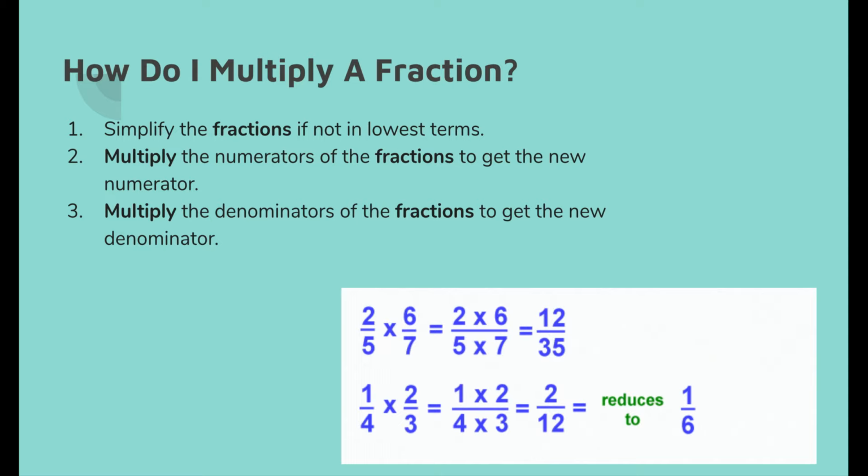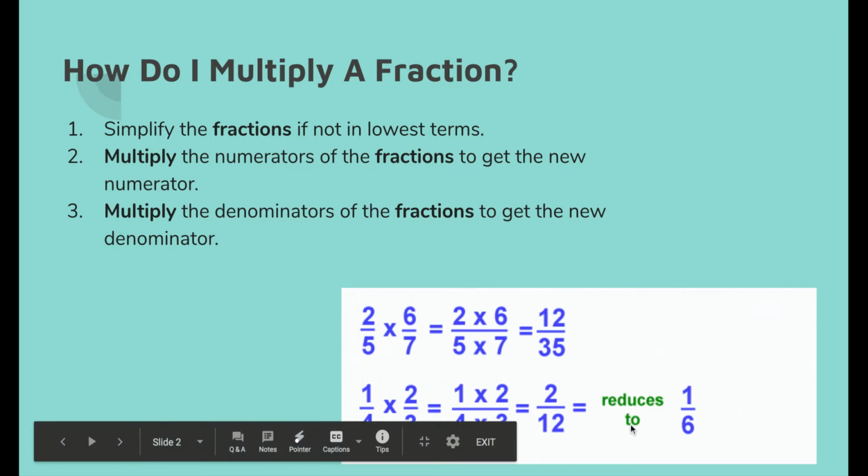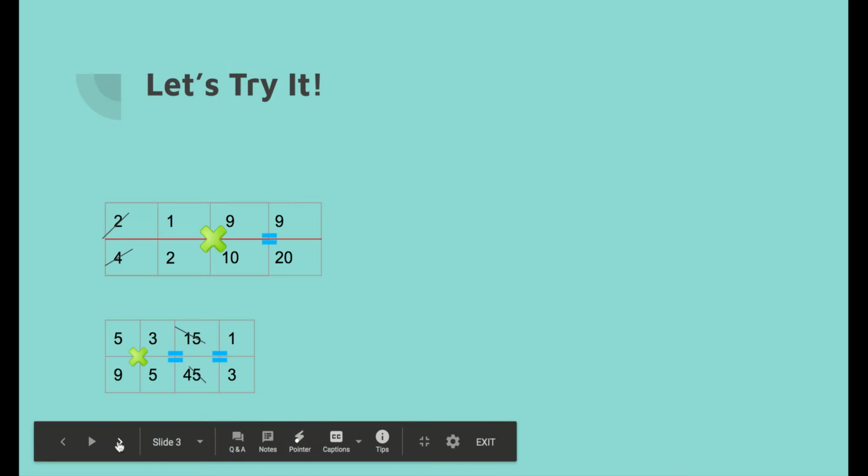And since that's not the lowest terms, we're going to go ahead and reduce that. The number that evenly goes into both of those would be 2. So I would say 2 divided by 2 and I get 1. And 12 divided by 2 and I get 6. Well, now we're going to try it. So I have